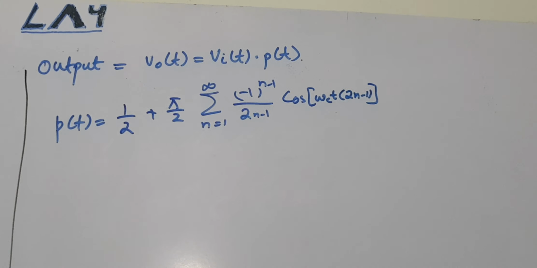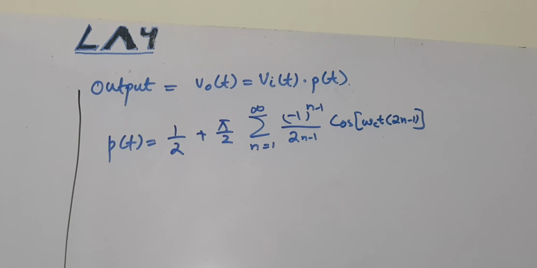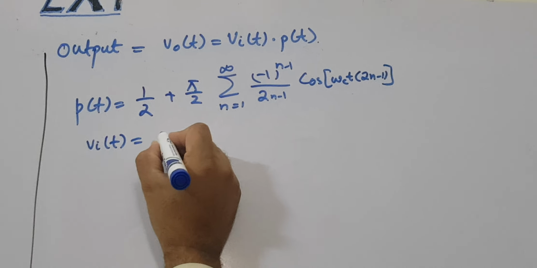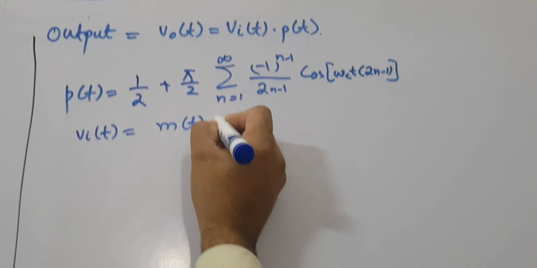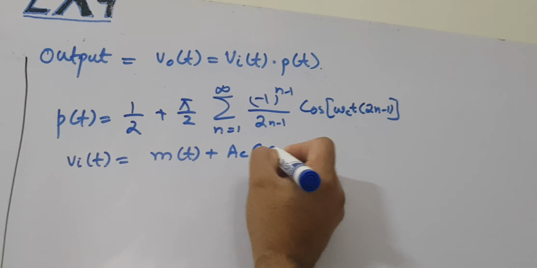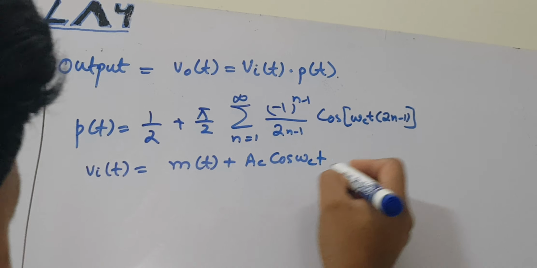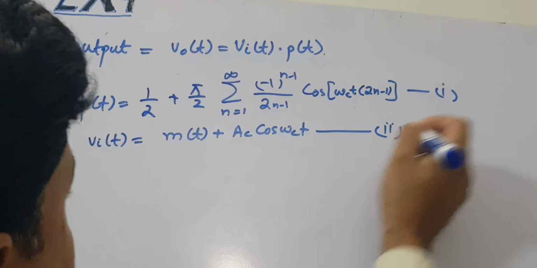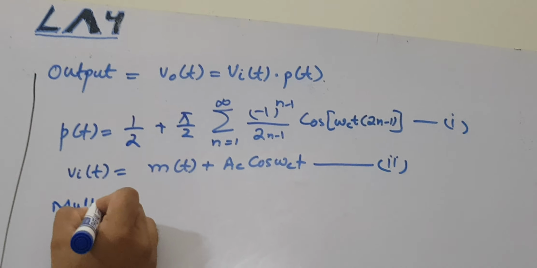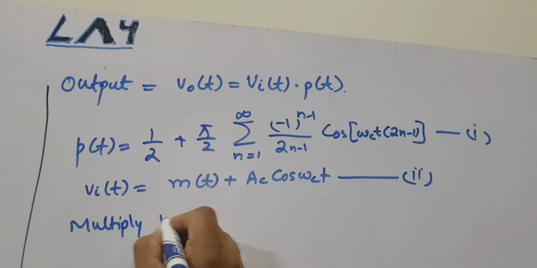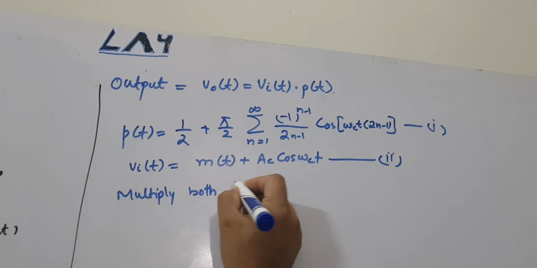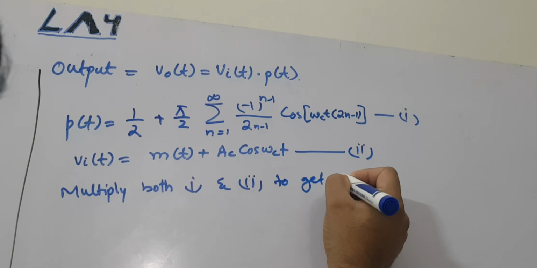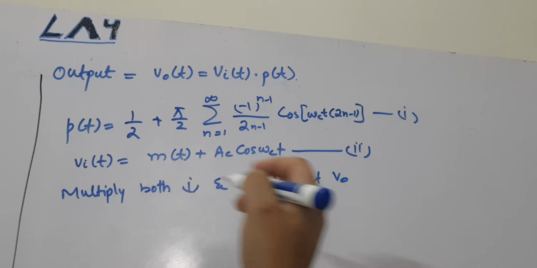So that is the cos, that is the p(t), and we know what is v_i(t). So v_i(t) is basically the sum of the message signal and the carrier, cos ω_c t. So this is equation 2, and then this is equation 1. So you can say multiply both equations 1 and 2 to get v_o(t),